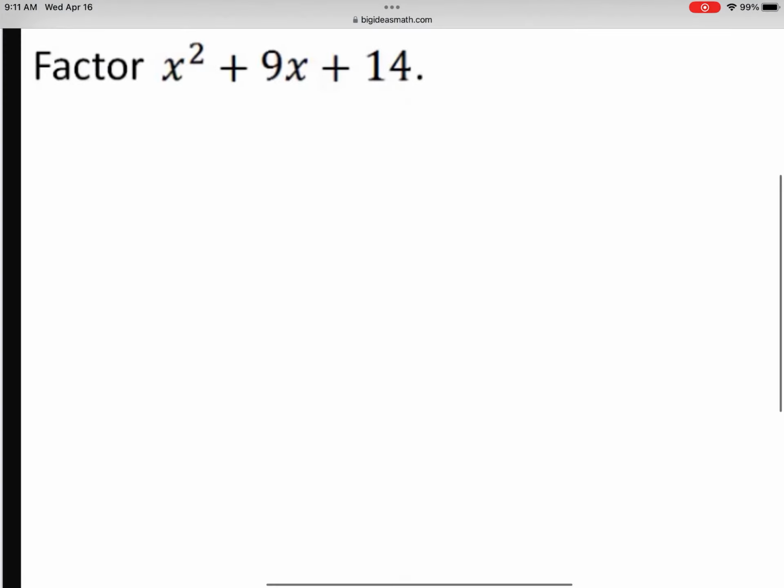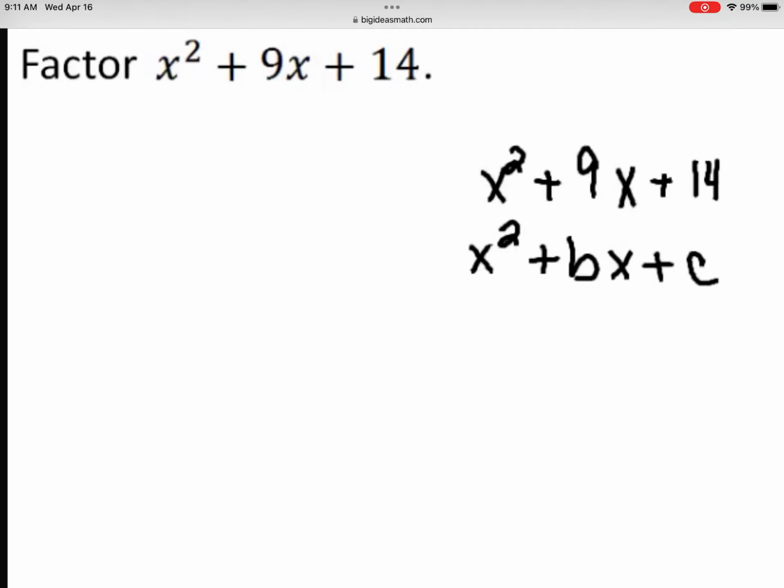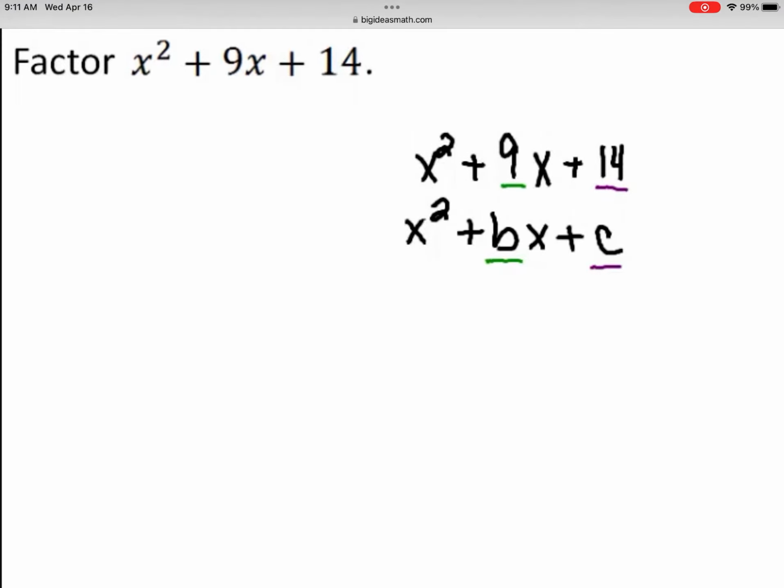Factor x squared plus 9x plus 14. Notice that x squared plus 9x plus 14 is of the form x squared plus bx plus c, where b is 9 and c is 14. Because x squared plus 9x plus 14 is of the form x squared plus bx plus c, it factors as